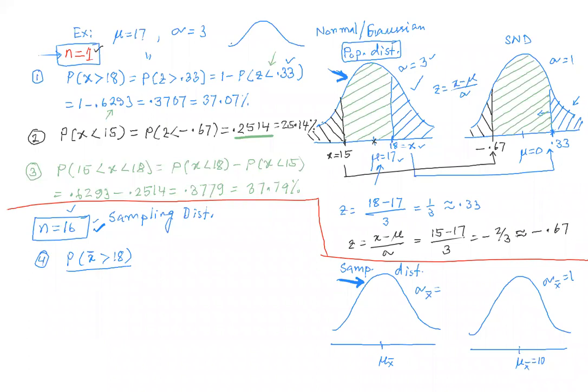Yes. In the original problem, I said that the population distribution is bell-shaped, right? Or normal distribution or Gaussian distribution. So that means this population is normally distributed. If that is the case, even if your sample size is less than 30, it doesn't matter. Your sampling distribution will always be normal or bell-shaped. That's the reason. On the other hand, had I not given you this information, let's say I told you nothing about the distribution of the original